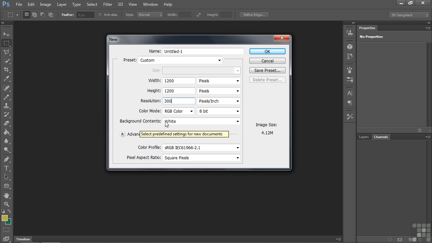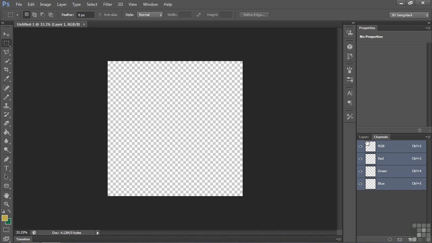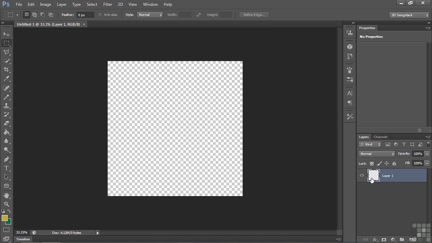And change the background contents to transparent. And that should work for us down the road. Once we set it up like this, it'll be the same every time we open up a new document, unless you open up some other kind of document in between. Nevertheless, this is what we're going to do for our standard document here. I'll leave it untitled. Just click OK. There we go. We have this new thing. I'll click on Layers to make sure the layer is open. We have an empty layer now. And you can create a 3D object from an empty layer, believe it or not. So let's go to the 3D panel here by clicking